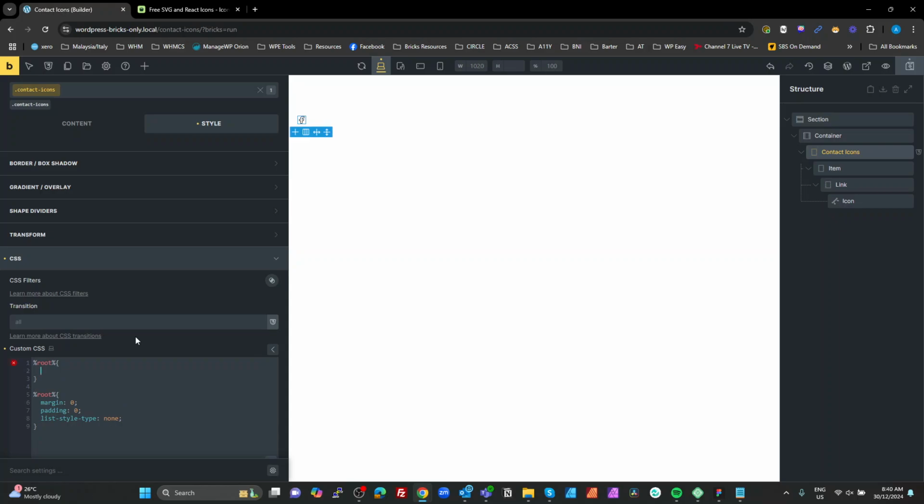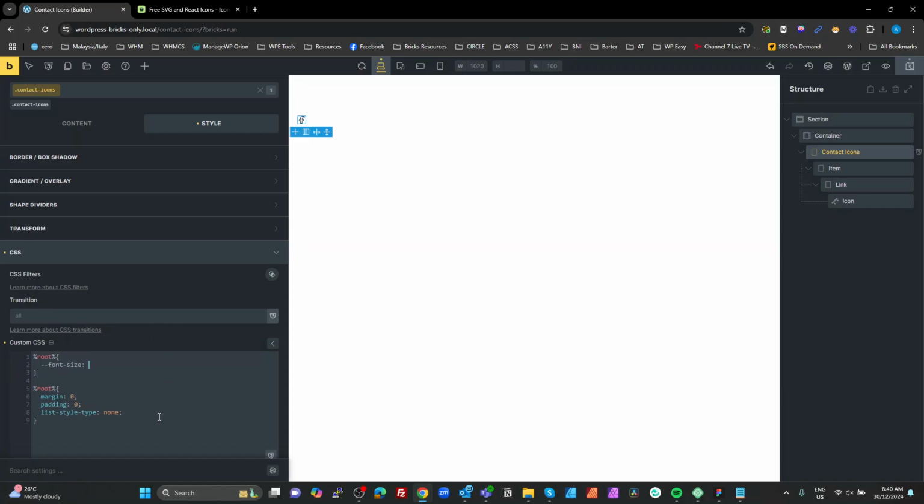I'm then going to set my font size, but I'm going to use a variable for this because what we're going to do is do all the spacing and padding, everything in EMs, which means we only have to change one thing, which is the font size, and then everything changes relative to that. So I'm going to set my font size